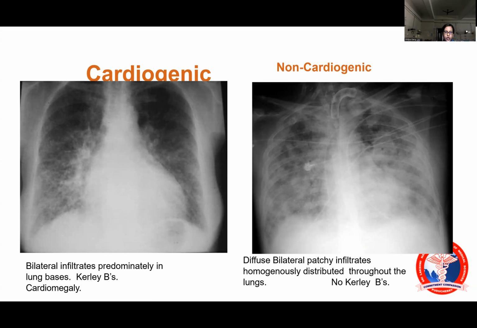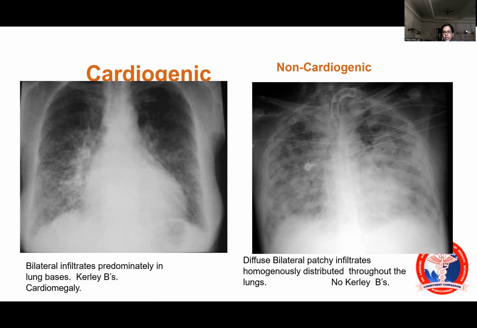As you see in cardiogenic shock, look at the base of the chest X-ray. It contains bilateral pulmonary infiltrates. So this is what you call Kerley B lines. Because of the septal thickening, you can see that the water gets accumulated in between the septa and those septa get thickened and you can very well identify it.